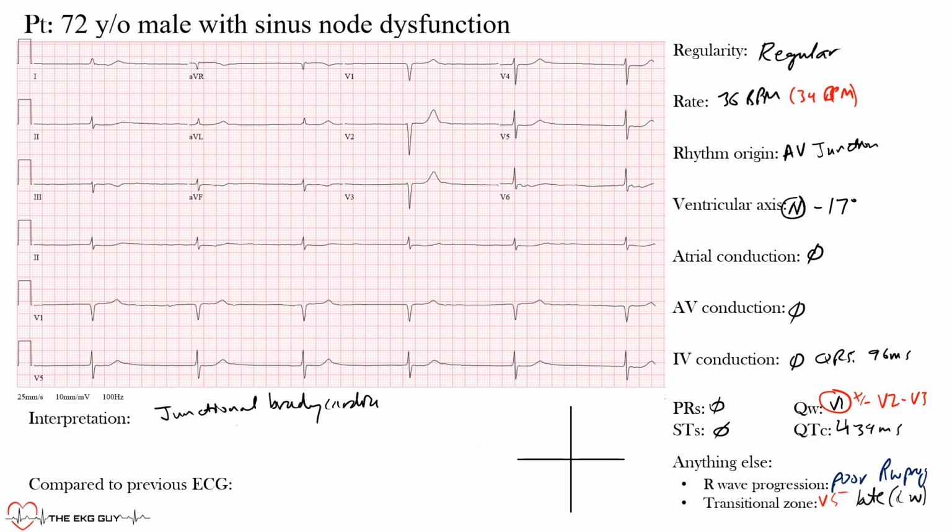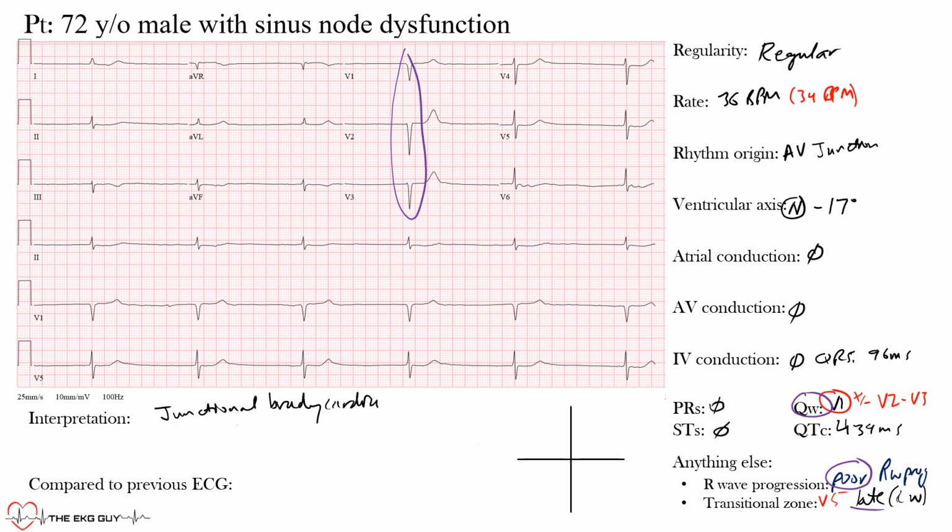Atrial conduction, or AV conduction, we don't have anything to say because we couldn't see any P waves there. IV conduction was normal, that is, in the intraventricular space. We had nothing on the PR segment or ST segment, but we did say these Q waves. Okay, and this likely suggests this poor R wave progression that we mentioned here, that late transition, those Q waves